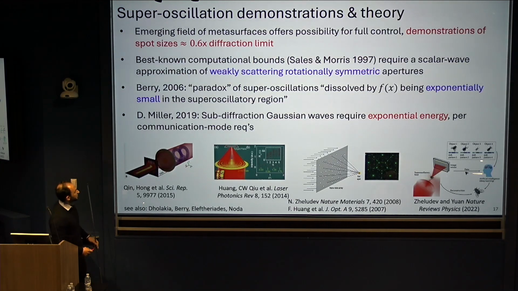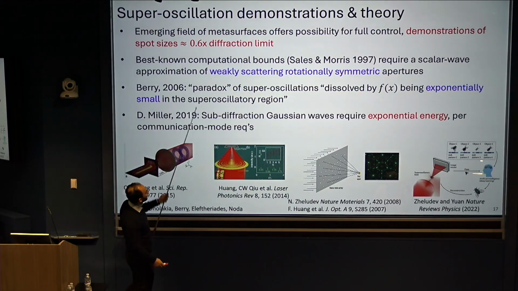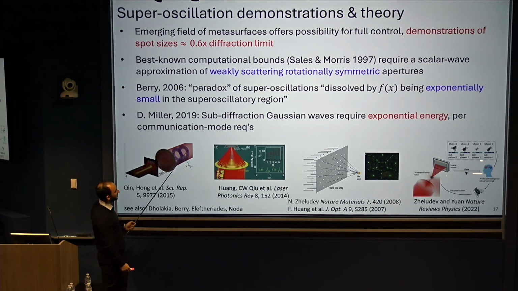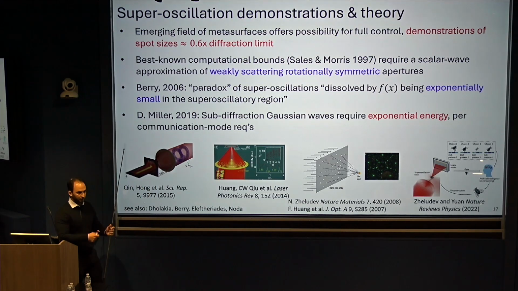I would say metasurfaces have suggested that it should be readily achievable to create super oscillations because you have a lot of control over incoming wave fields and the outgoing wavefronts that you produce. But I have not seen a good characterization of, as you make that distance smaller and smaller, as you bring these spots in, how much energy penalty do you really have to pay? There are non-computational bounds. We'll show that they're a little bit loose. And in fact, I think there may be some trepidation in even talking about super oscillations, because there have been suggestions that there might be exponential penalties to achieving super oscillatory waves.